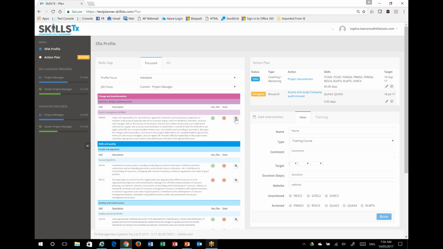If I click on the zoom in button, it actually goes over to the right and is now indicating the action that's addressing that particular skill gap. The ones obviously with the red cross are indicating that I haven't got anything planned to address that particular gap. So an absolutely wonderful piece of functionality for having those meaningful discussions around career planning, huge implications